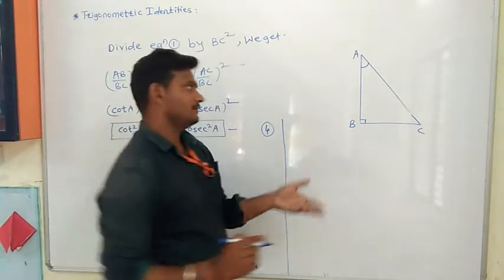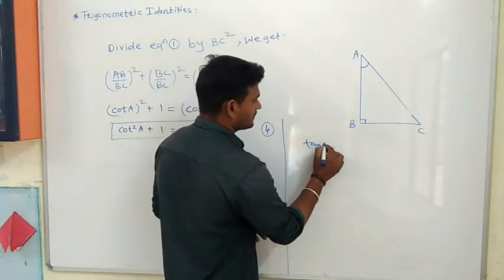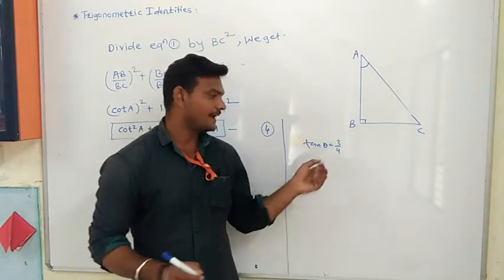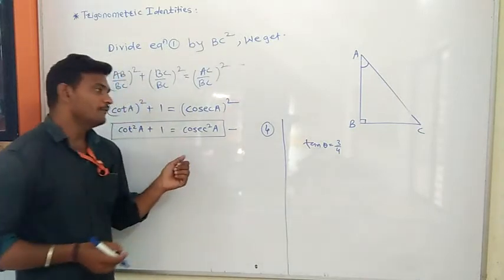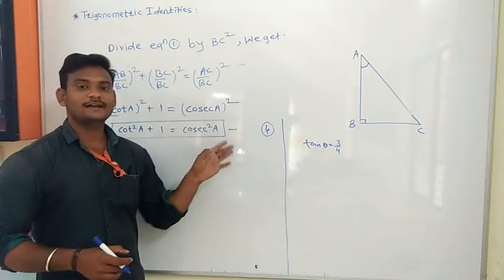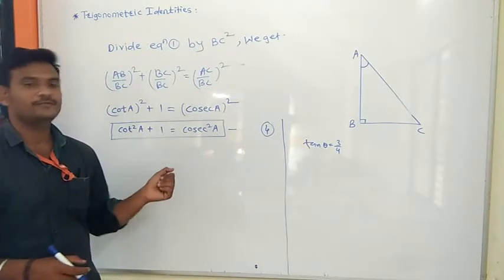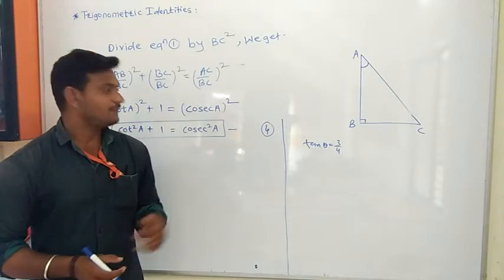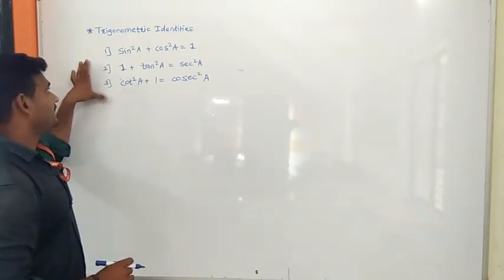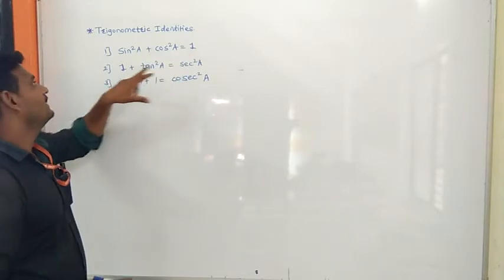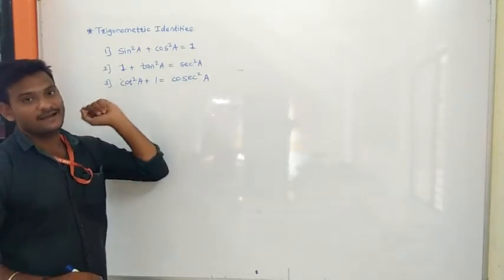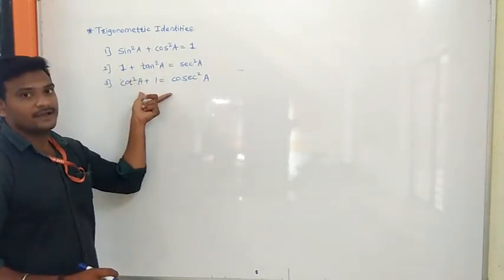We have seen in the last case also, that if tan of A, or tan theta, is equal to 3 by 4, then how to find all the remaining ratios with respect to angle theta. The same thing here by using these trigonometric identities, how to find the other trigonometric ratios if we know one of the trigonometric ratios. First of all copy down this, then we will see that. We got these 3 trigonometric identities. First one is sin square A plus cos square A is equal to 1, and 1 plus tan square A is equal to sec square A, and the third one is cot square A plus 1 is equal to cosec square A. How these trigonometric identities came, we have seen.